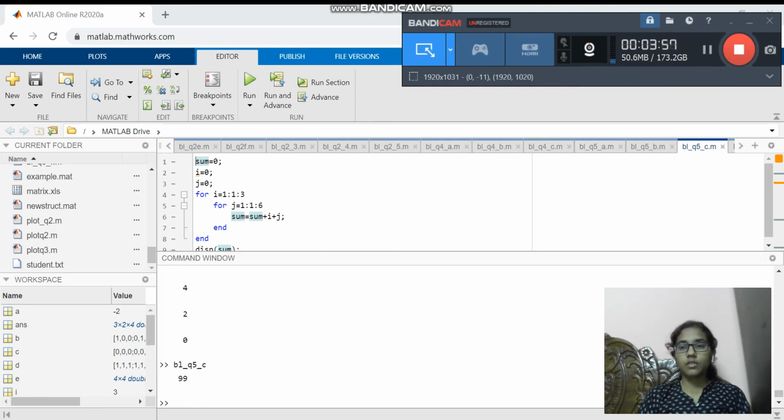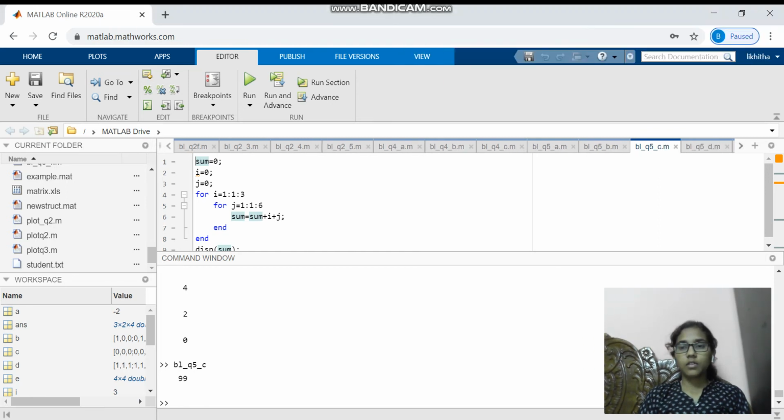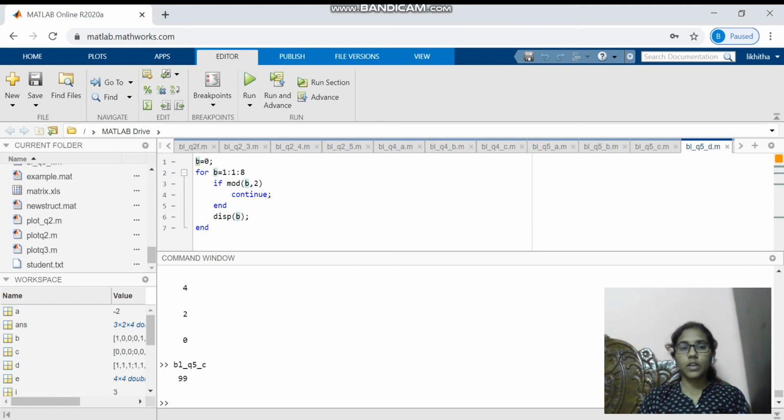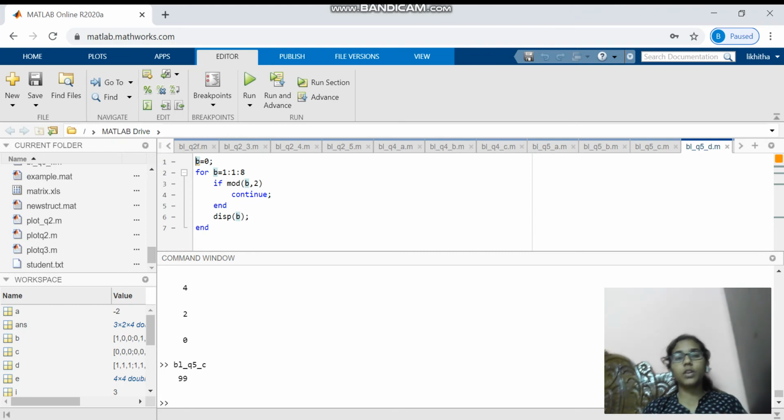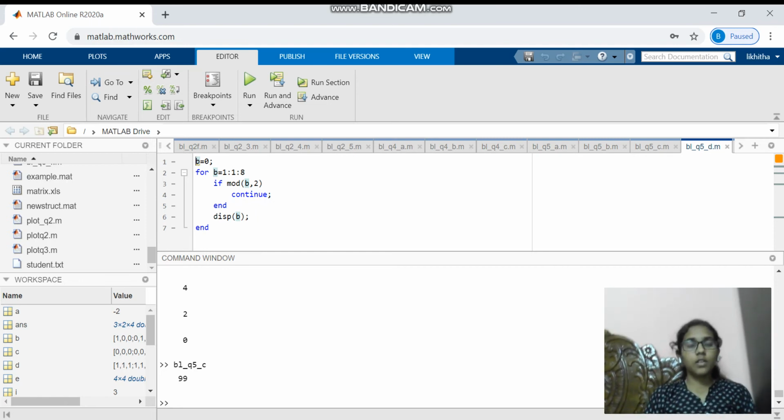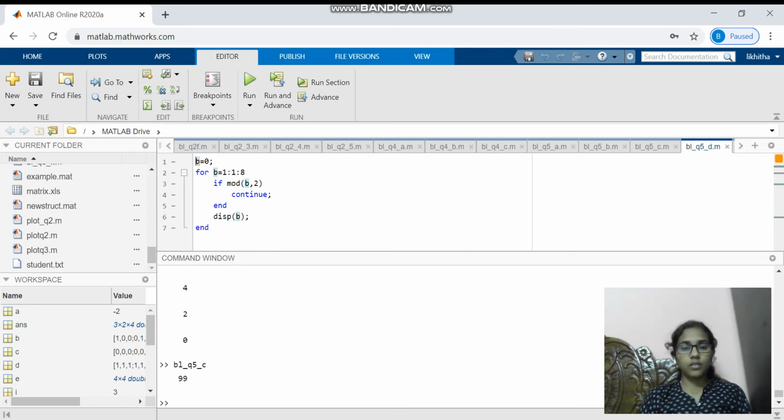Next function, for and if loop. Here b equal to 2 and we are going to take numbers from 1 to 8. 1 modulo 2 is 1. Continue. 2 modulo 2 is 0. In this manner we are going to get the result.